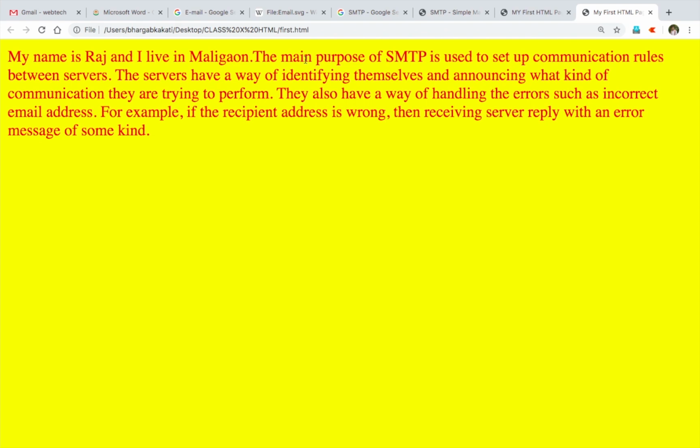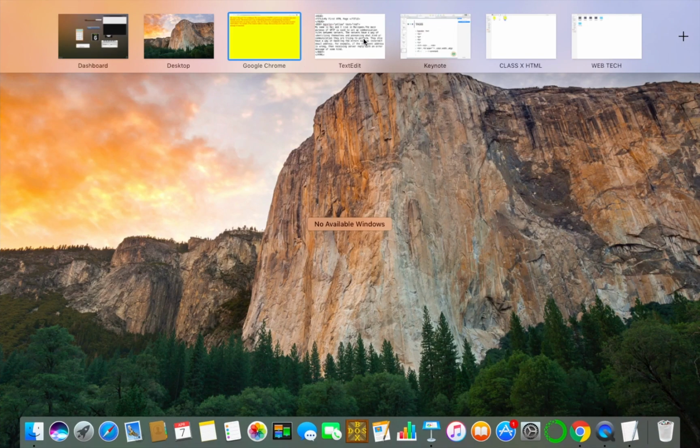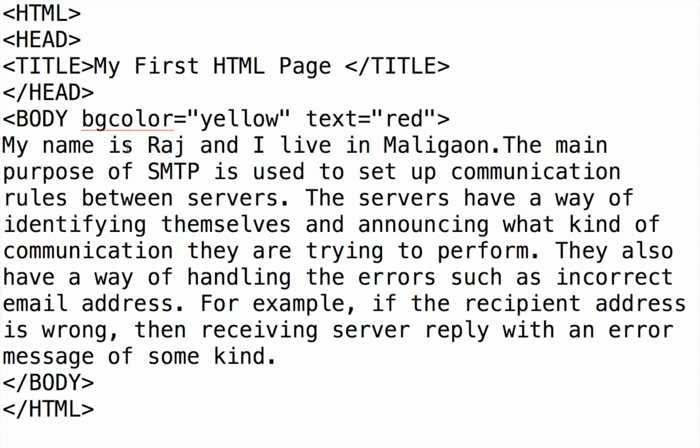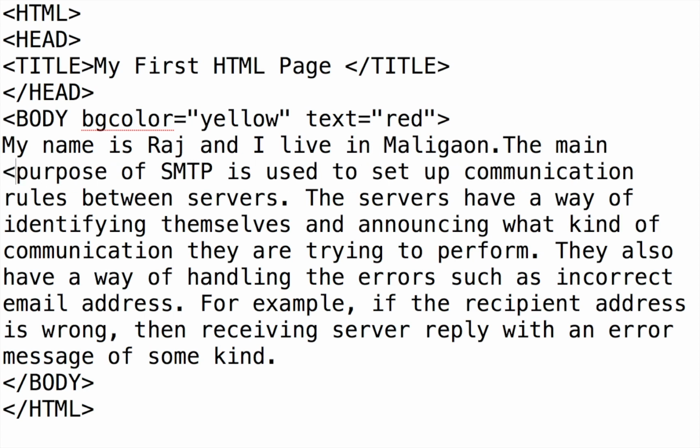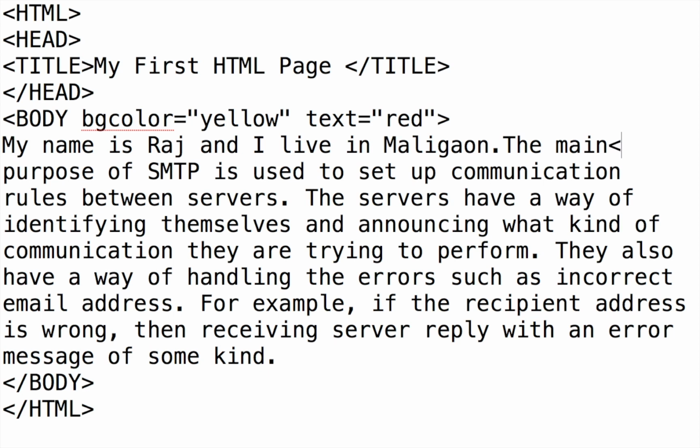How to bring it forcefully to the next line? We can do it with the help of a tag known as the BR tag. Suppose we want purpose to come in the next line, so after main, we can give a tag known as BR tag. Now you should keep one thing in mind: BR is an empty tag. Till now, whatever tags we have used were container tags, because they had an opening and a closing also. But BR has only opening but no closing, so it is known as an empty tag. So we'll just give BR here